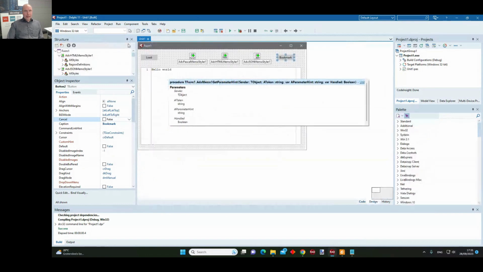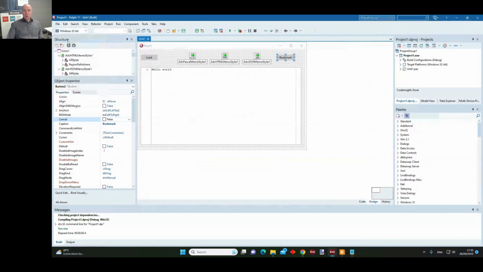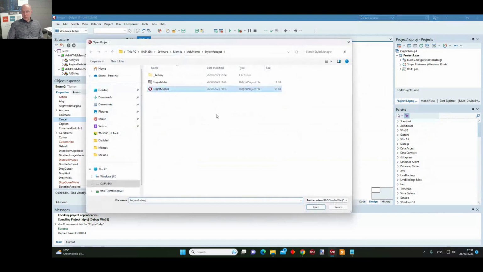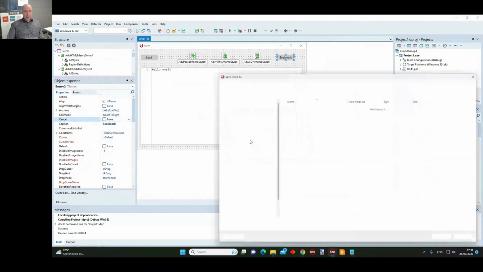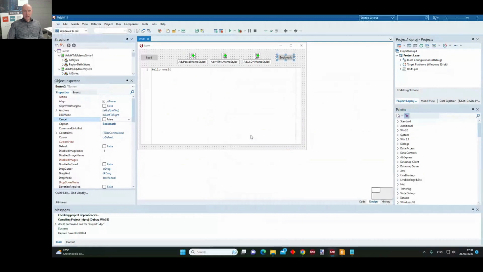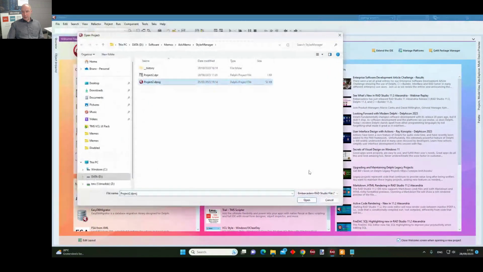All right, then I wanted to show you the multi-file capabilities. Let's close this project. Well, I don't really want to save it. But let's move on to this next thing that I prepared. And that is this demo here.